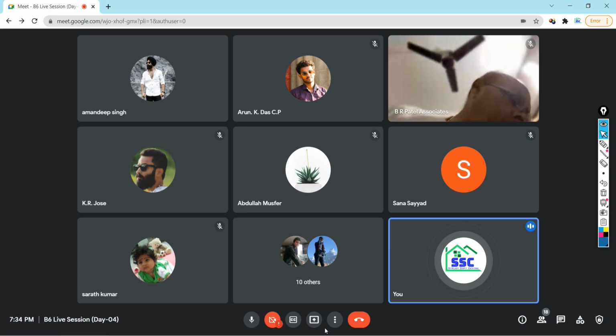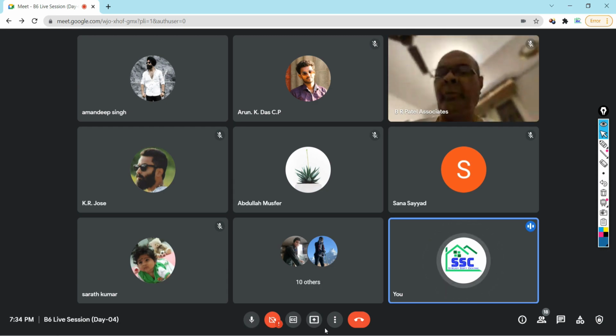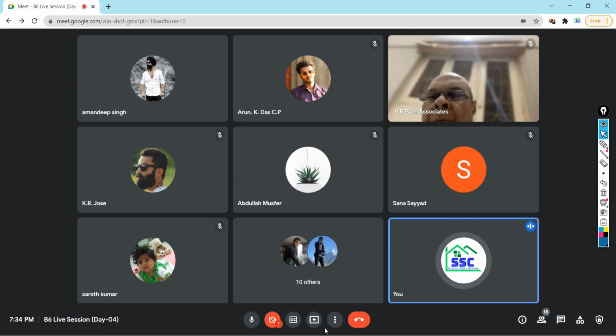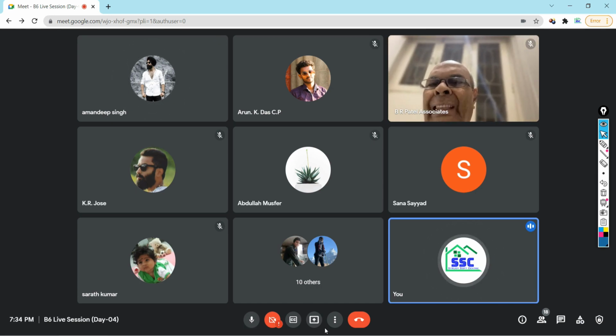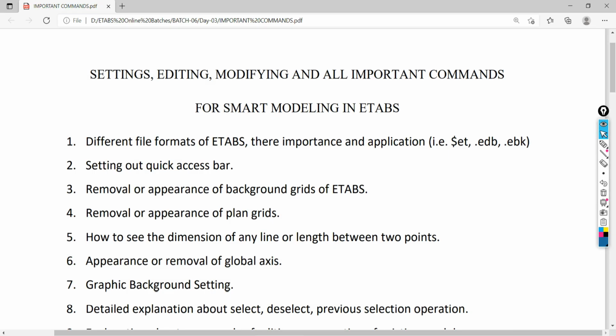Now the next point we are going to start is important commands and important settings and many things. Let me show you. Is it visible to all of you? Yes, sir. So settings, editing, modifying, and all important commands for smart modeling in the ETAP software.